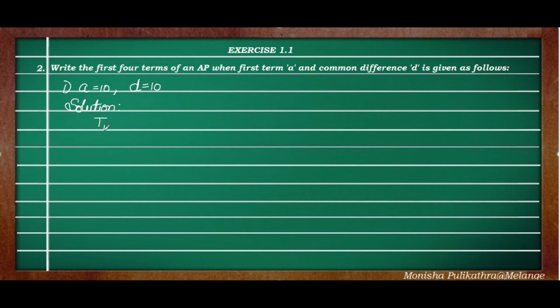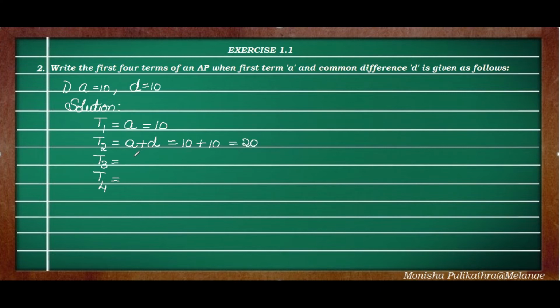So first we need to find out T1, then T2, T3 and T4. So these are the first 4 terms of an AP. T1 is given as A. A is the first term and A is also equal to T1. So A is given as 10. So the first term is also equal to 10. The second term is given by A plus D. Here A is 10 and D is also 10. So the second term is equal to